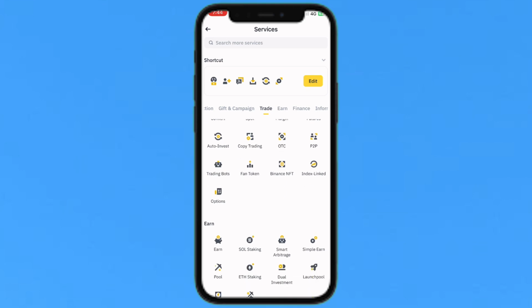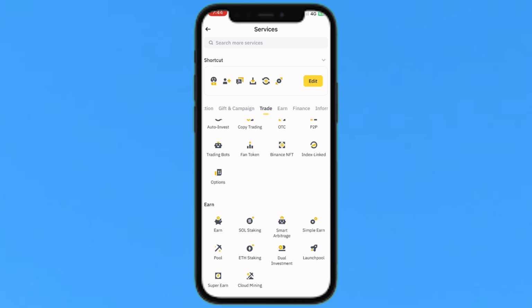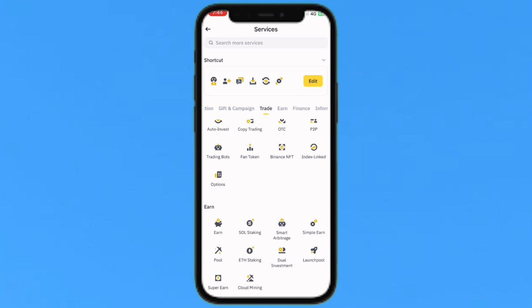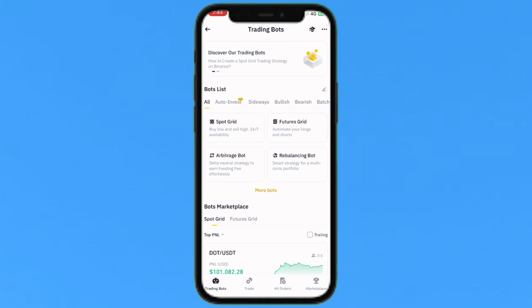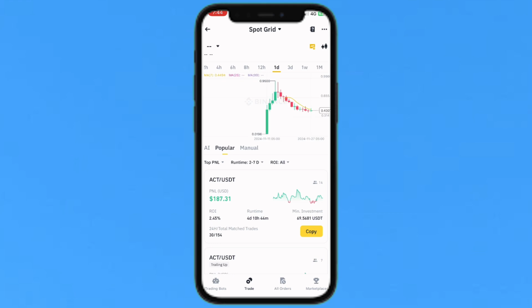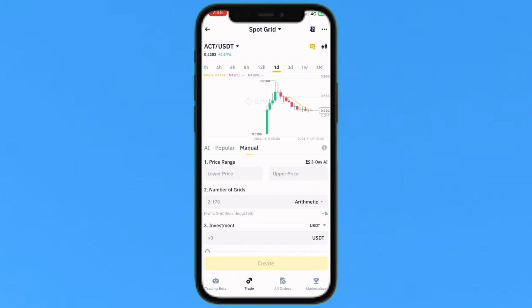So number three is the trading bot. Just tap on this trading bot, and you can enable creating your plan of spot grid. Just tap on this spot grid, and you can set it up manually. You can set a lower price for purchasing and set the higher